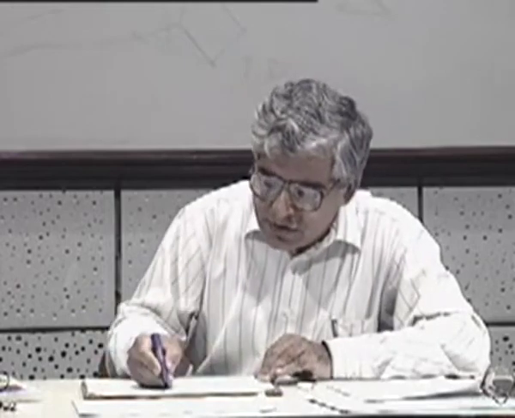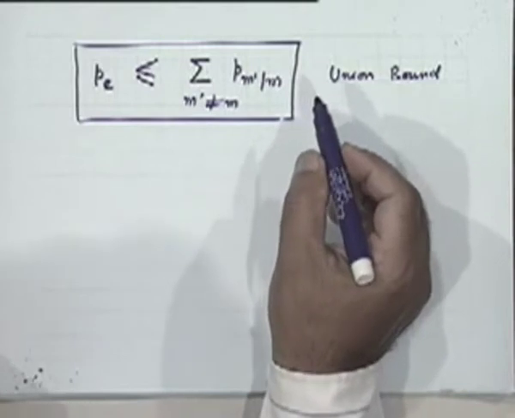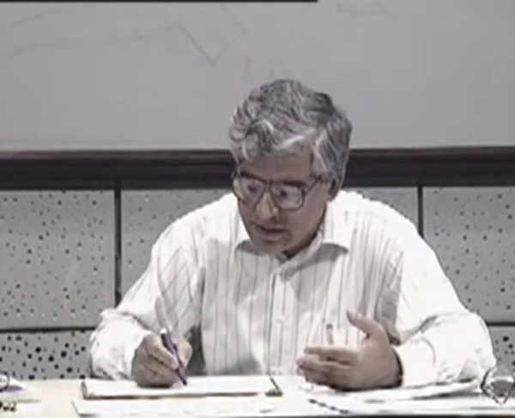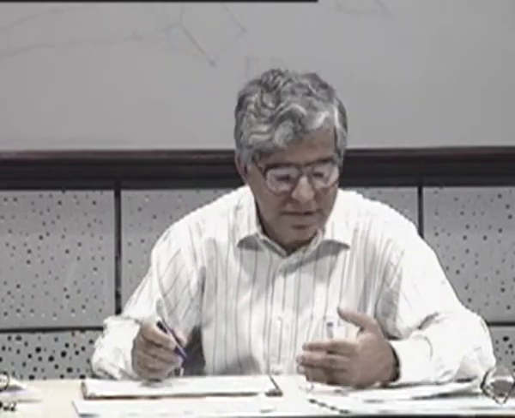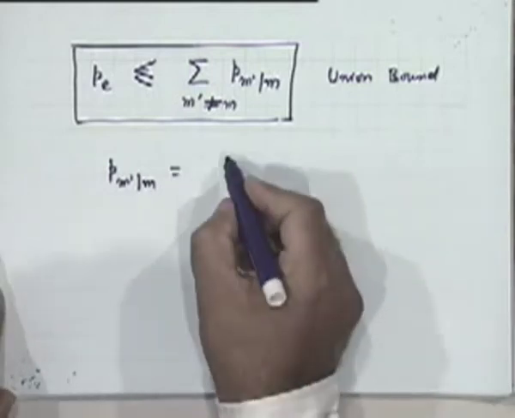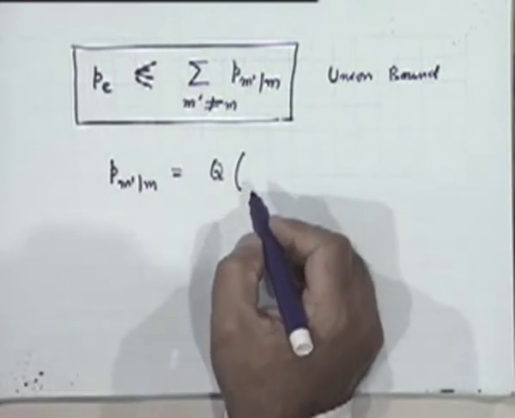All right. So now this probability we already know, P m prime by m, given m. It's the same probability that we considered for the binary orthogonal case. We are essentially now taking a pair at a time, isn't it? So it becomes the same question as if you are considering the binary orthogonal scheme as far as one particular value of m prime is concerned, right? Therefore, P m prime given m is nothing but whatever result we got for the binary coherent orthogonal scheme,